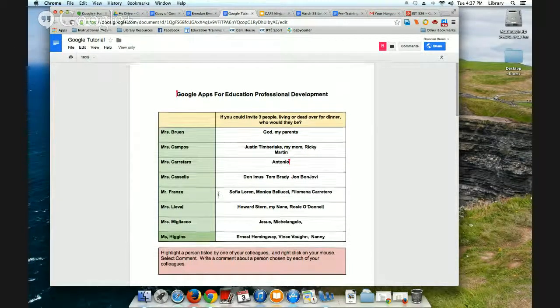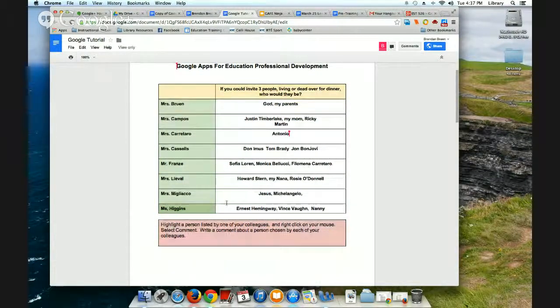Then I told them, not to talk, but to use the chat box. So they were able to use that. And then I had them comment on the people they chose, like what do they think of their choices, in the comment side. So they were basically using what I thought was important for them to use in the classroom with this activity.